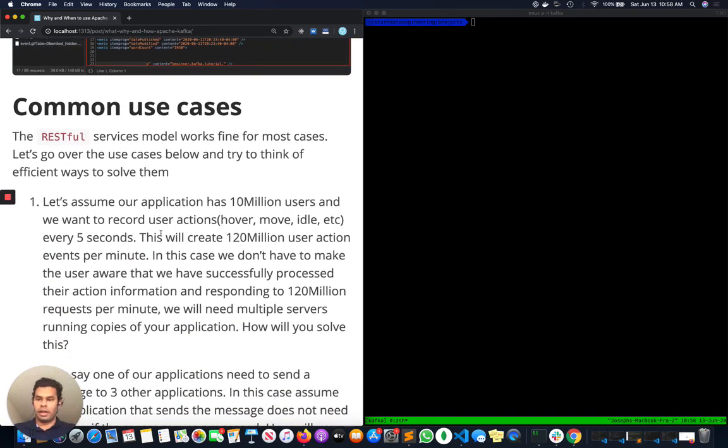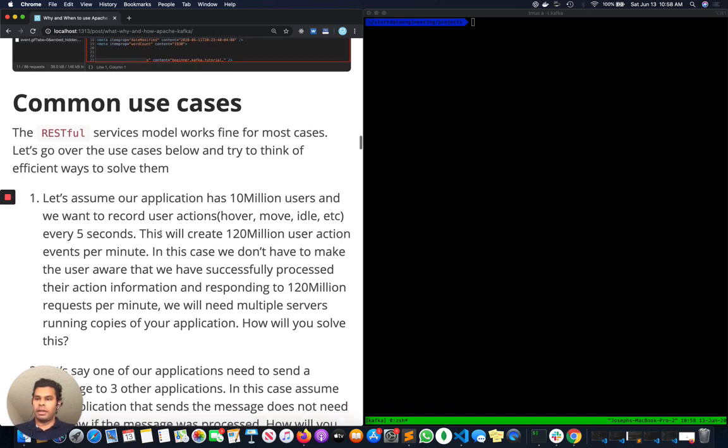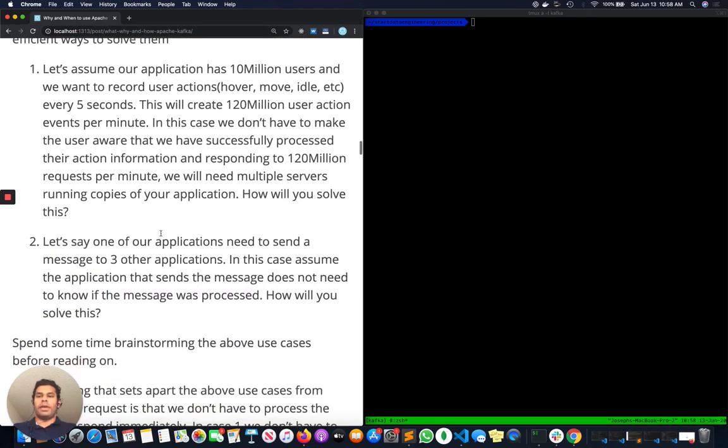So let's look at some scenarios where we might want to use Kafka. Let's say we have an application which has 10 million active users, some amazing application, and we want to record user actions every 5 seconds. So if the user is idle, or if they're moving their mouse or hovering over a certain item, stuff like that. This will produce about 12 user actions per user per minute, which translates to 120 million user actions per minute, because we have 10 million active users. So in this case,